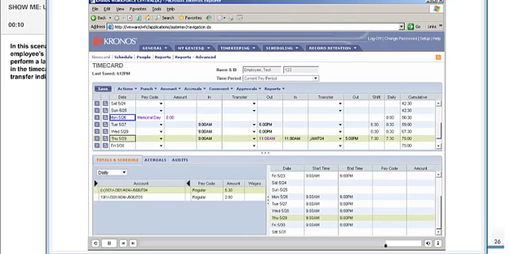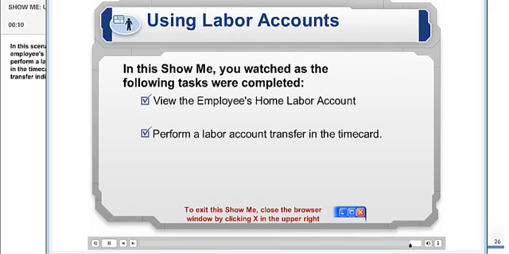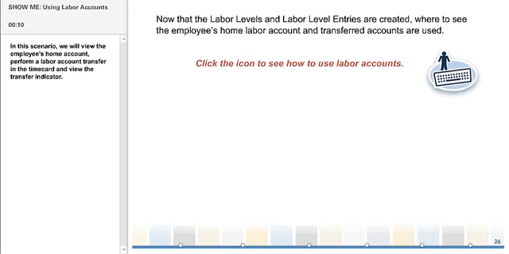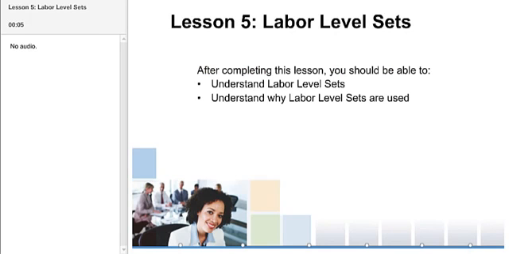Notice under the Totals and Schedule tab that 2 hours are in the home account and 5.5 hours are in the transferred account. You can tell this is the transferred account because of the X indicator. That completes this demonstration. When you're ready to exit, close your browser window by clicking X in the